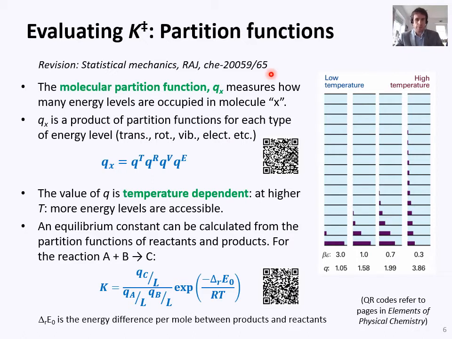And in order to do that, we need to think about molecular partition functions. Now, going back to some of the material you learned in 20059, you learned from Rob that a partition function for a molecule is giving an idea of how many energy levels are occupied. And of course, that's going to be temperature dependent, and at higher temperature, you've got more energy levels available. So that's depicted here on the graph. Your partition function is low at low temperature, and it gets bigger at higher temperature, and therefore more of these energy levels are